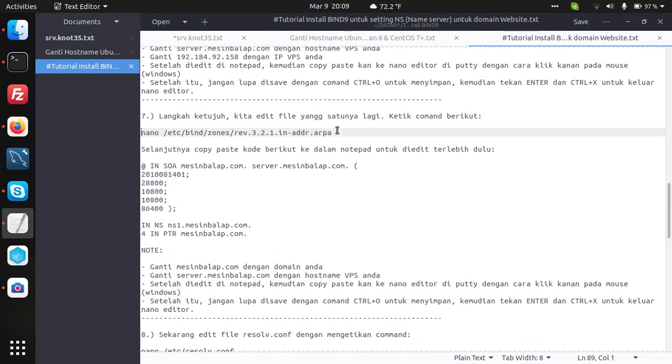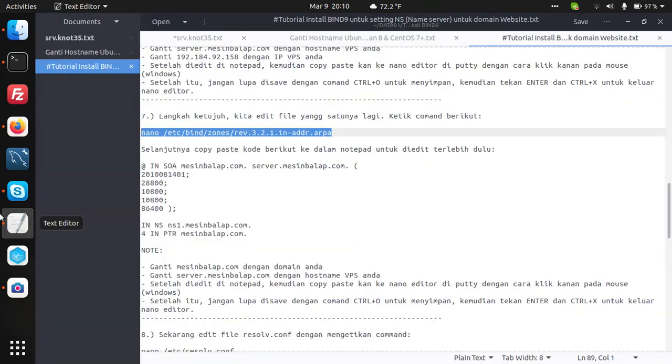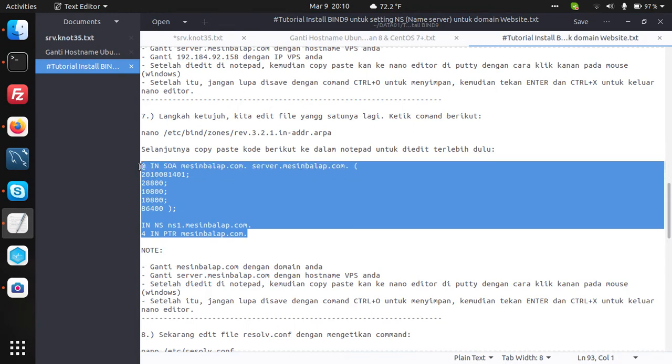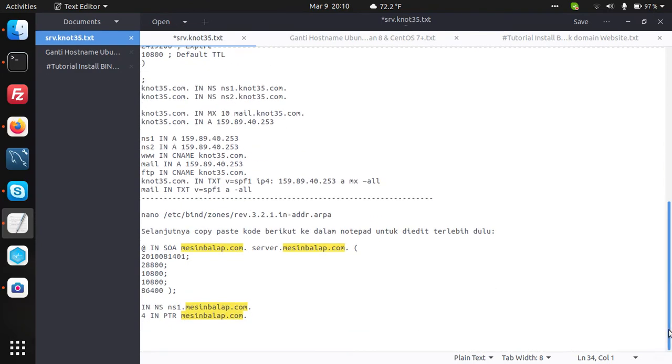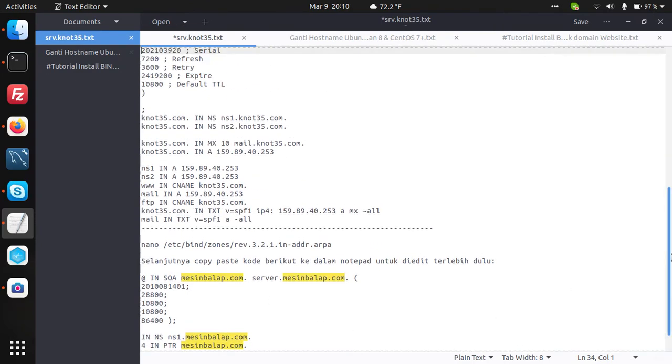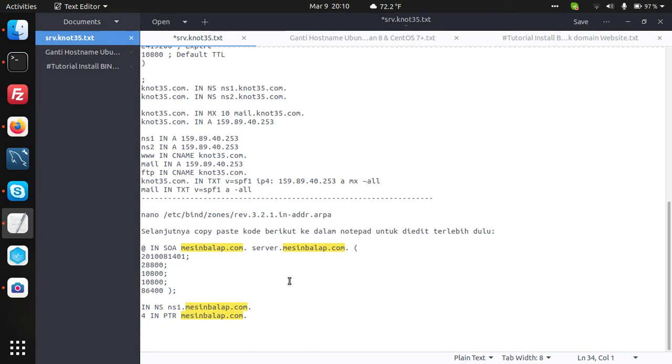Then we can add the reverse zone 3.2.1 in-addr.arpa file, like this, and you should set the serial.